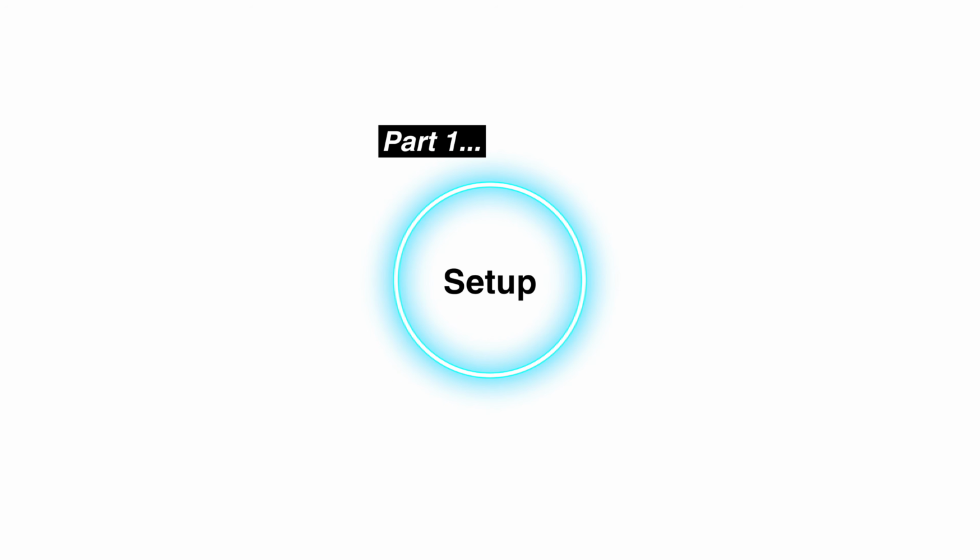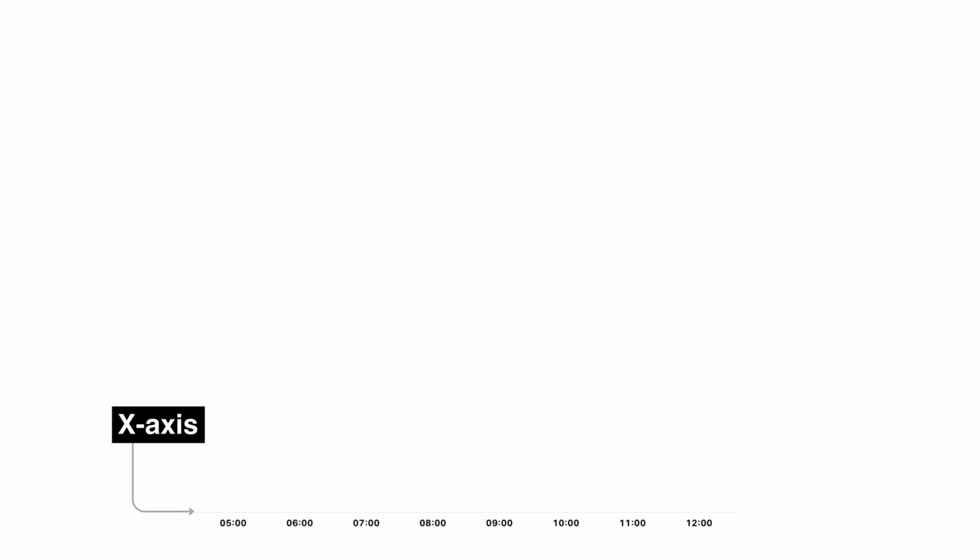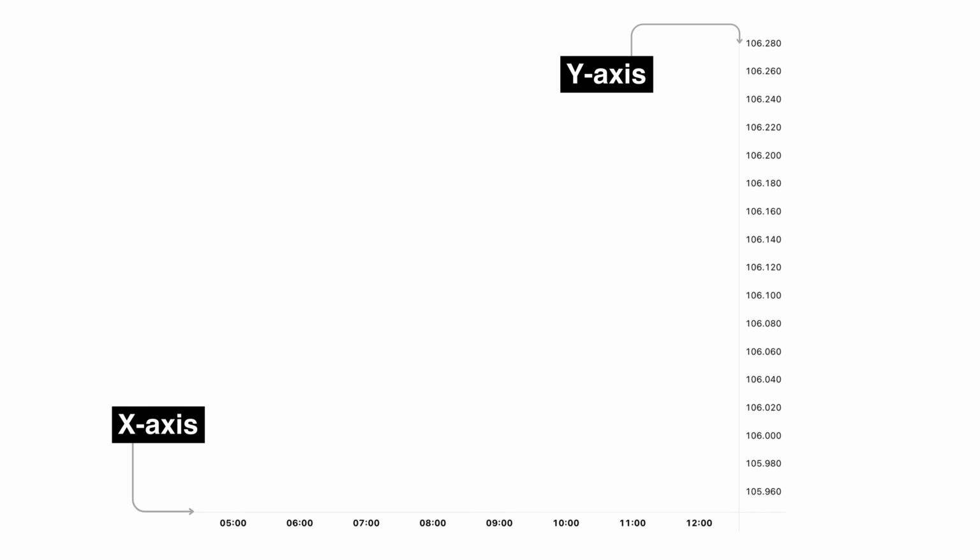Part 1, the setup. Now the best way to explain it is to divide it into two further parts, time and price. So time as in the kill zones, then price as in the components that go into making the golden hour truly remarkable, such as the consolidation, liquidity, and premium/discount. See, you're first going over the x-axis to understand the timing bit of it. Then you're going over the y-axis to understand the exact pricing bit of it.